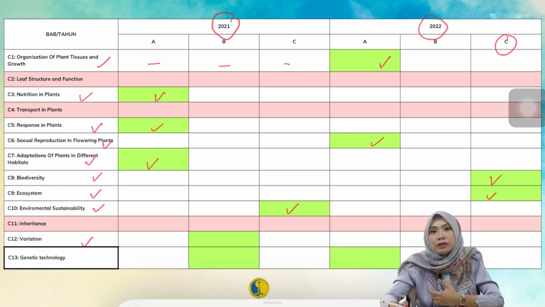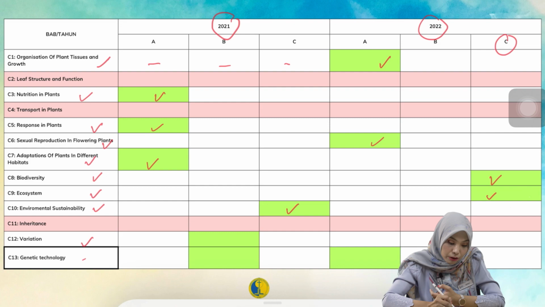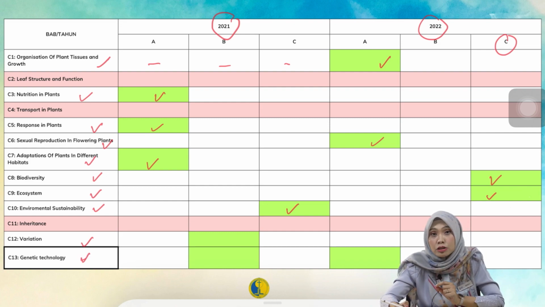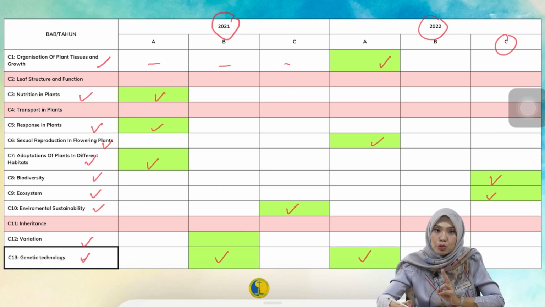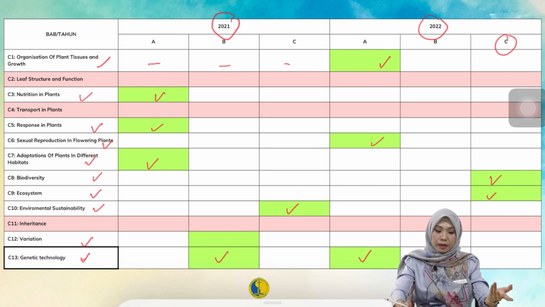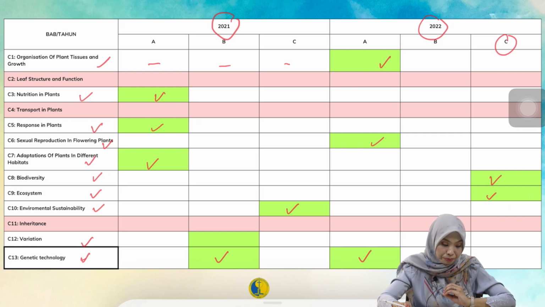This is a very, very interesting topic, variations. And of course, last but not least, Genetic Technology in Form 5, the last topic in Form 5, came out not only once, but twice. That means tested in both years, 2021 and 2022. Amazingly, in 2021, Genetic Technology was tested as the essay question, but in 2022, it was tested as a structured question